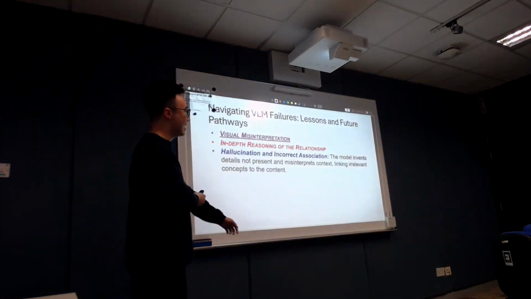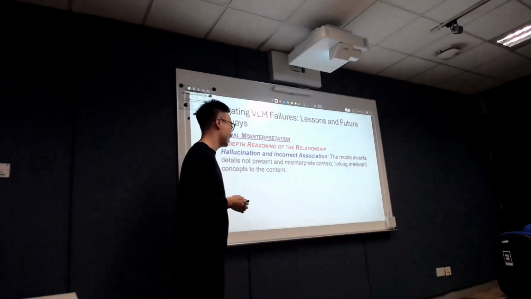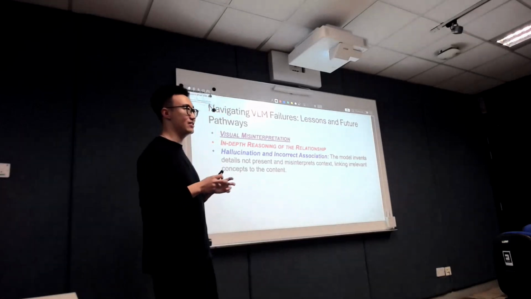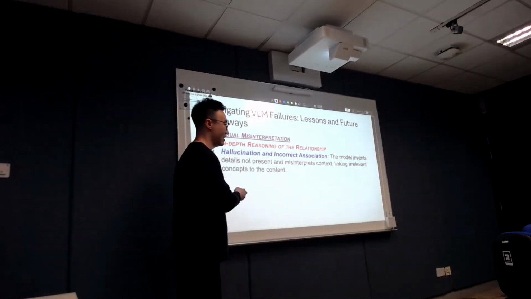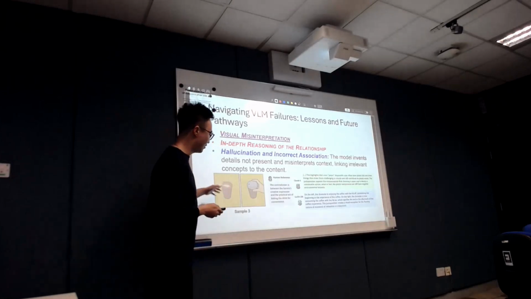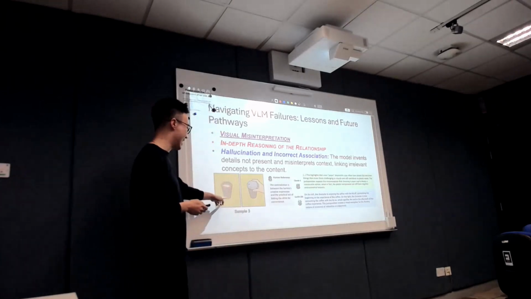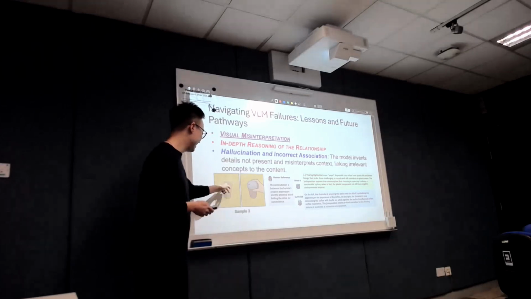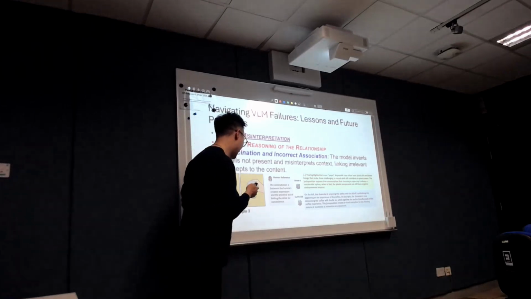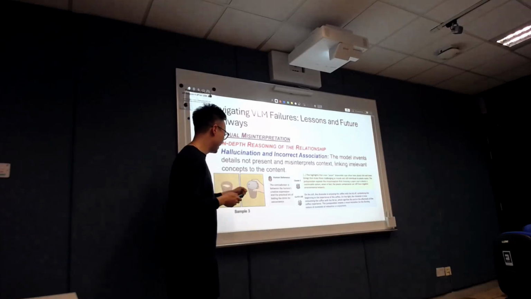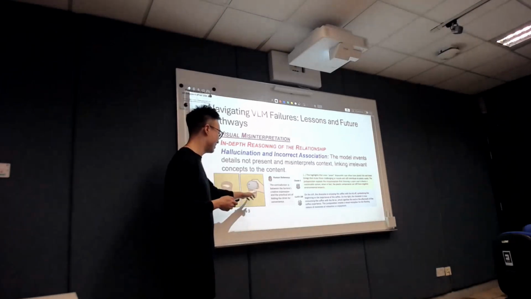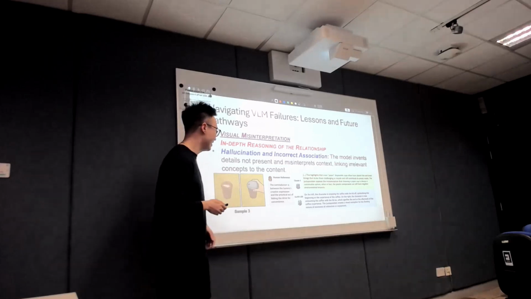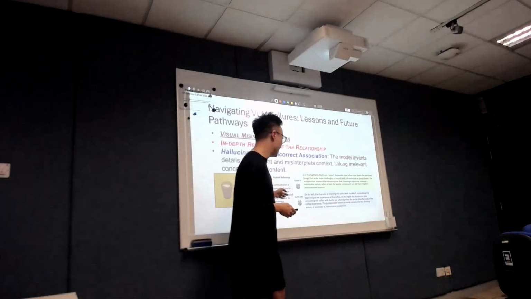And a final error type is hallucination and incorrect association, where the model tends to invent some details that are not presented in the comic. So for example, as shown in this comic, the yes panel shows a coffee with this beautiful creation. But the back panel shows after you put the lid on, actually you cannot see this creation. However, the model generated output says that,